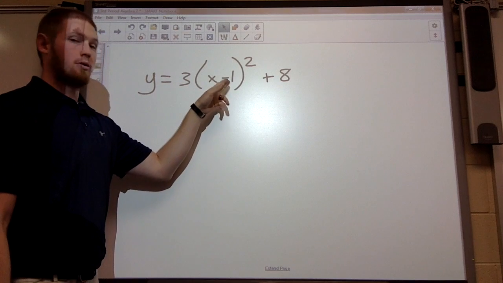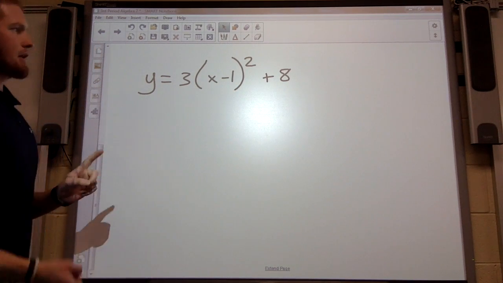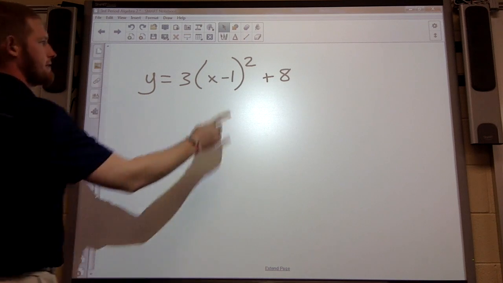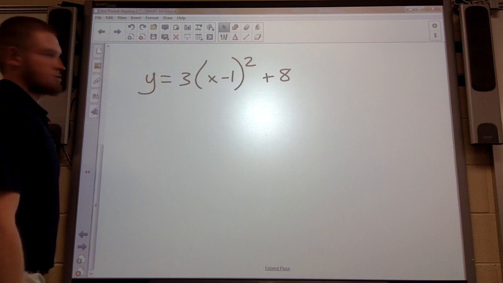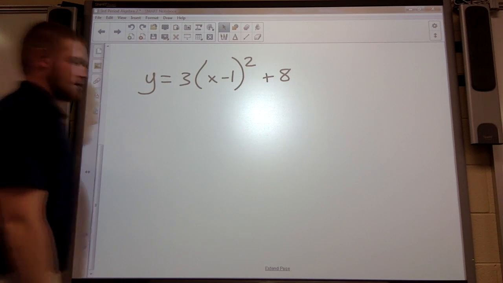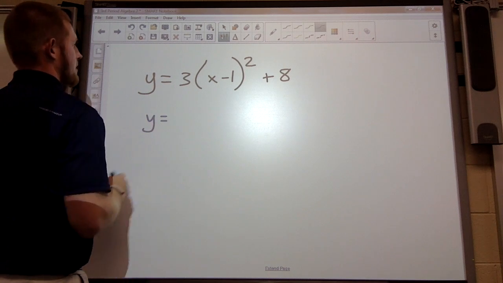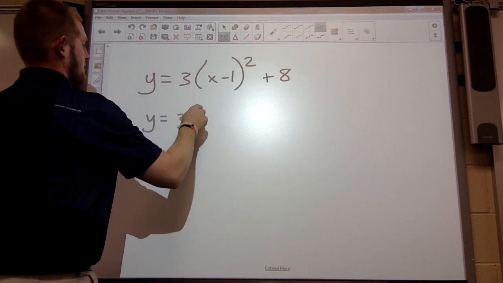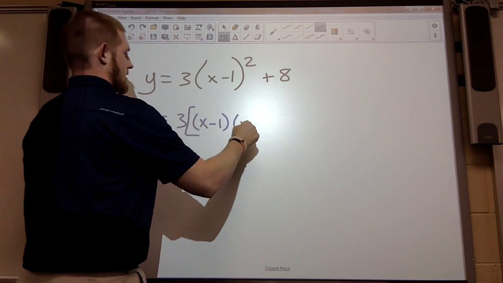Yes, but I cannot do anything with this because I cannot combine my x and my negative 1. Parentheses, exponents. Do I have exponents? Yes. I have x minus 1 squared. What does that mean? Well, that means that I have y equals 3 times x minus 1 times x minus 1